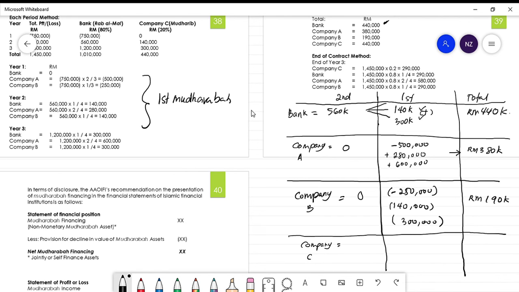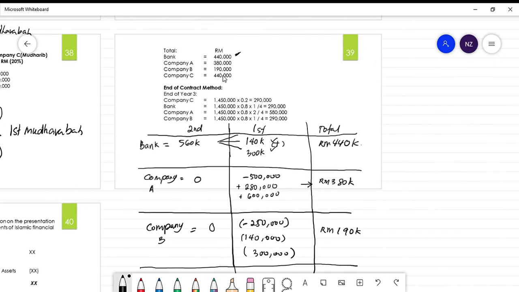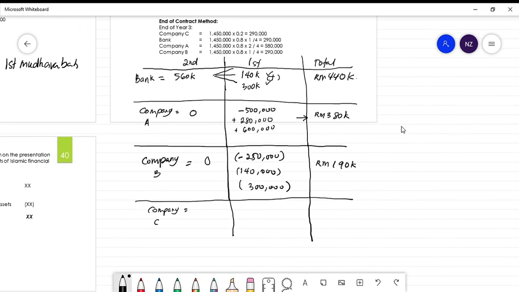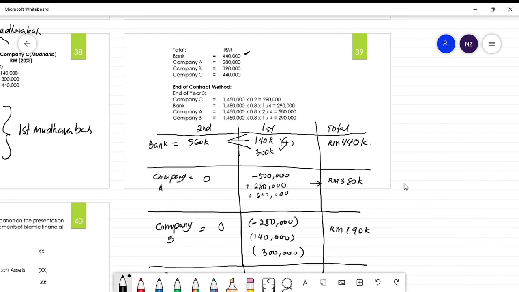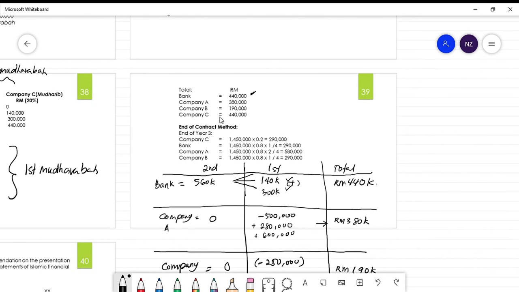Company C tadi awak dah calculate. Company C dapat this one, company C dapat profit which is 140 and also 300. So awak dah totalkan pun kat sini kan. Terus je lah. Dapat amount total dia 440,000. Begitu ya. Sama sini. 440. Okay, dan that one is how you calculate the profit for first contract and the second contract. Okay, and this is macam dia dah bagi tahu lah amount dia, tapi saya bagi tahu macam mana calculation dia